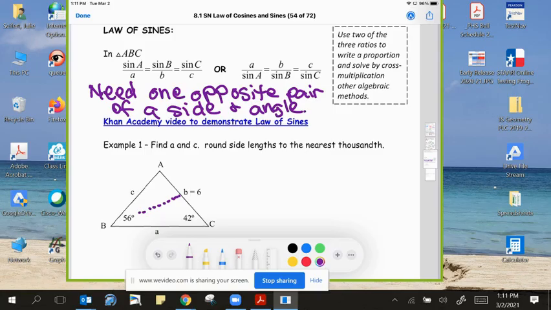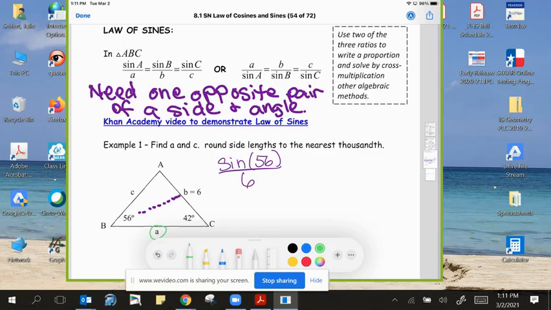All right, to set this up, I like putting the sine of the angle on top. It really doesn't matter as long as you keep it consistent, as long as the A's are all in one fraction, the B's are all in one fraction, and the C's are all in one fraction, this all works. So sine of 56 over 6 is one of our proportions. Then if we want to find A,